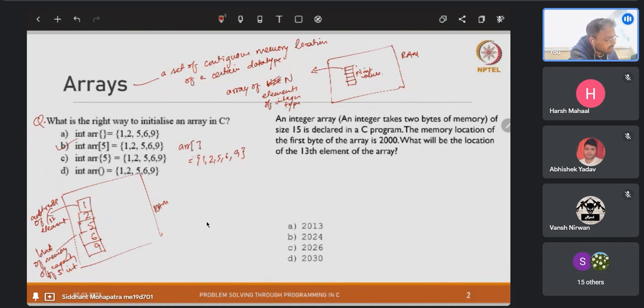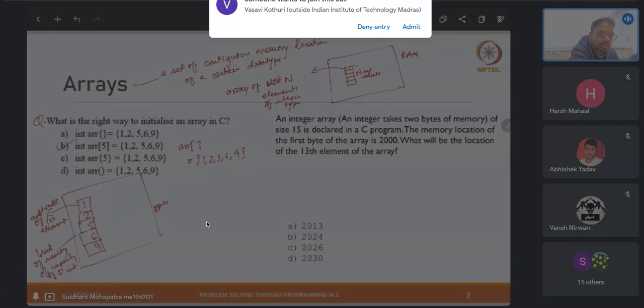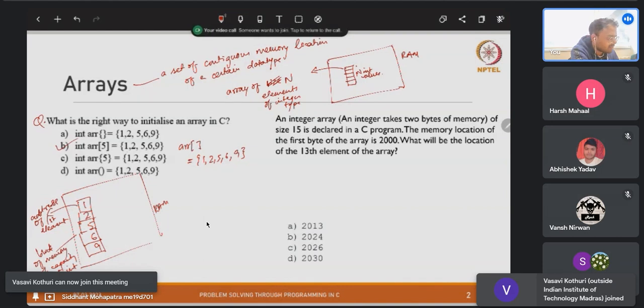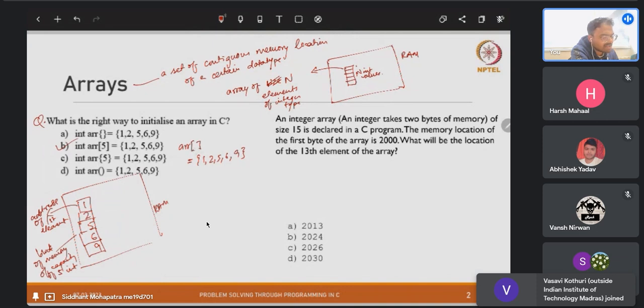So we could have written this as well, but among all the other options that have been mentioned here, options A, C and D are incorrect. Option B is the only correct way to initialize an array among these 4 options. Alternatively, you could also initialize it in this manner with empty